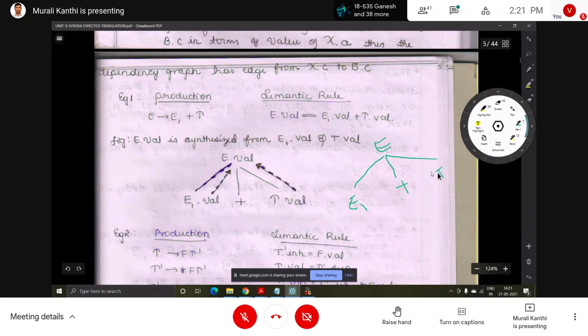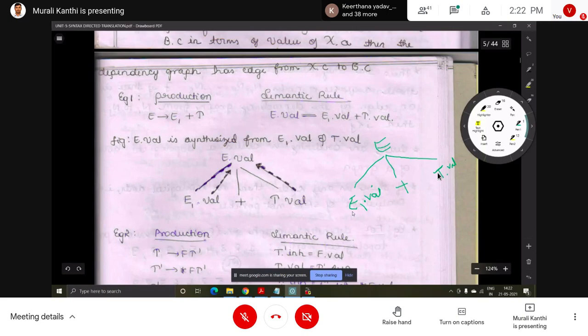T. This is not a syntax directed definition; it is just a grammar. When the corresponding semantic rule is given for this, that is called a syntax directed definition. Then what is the dependency graph from this? Which value is taken first? It is taken left to right.